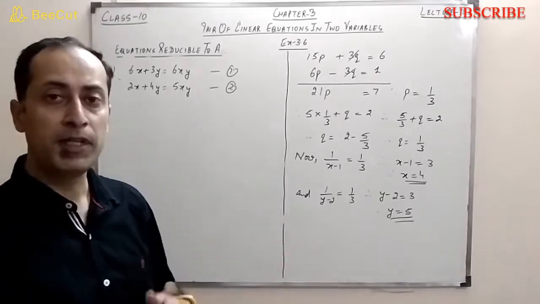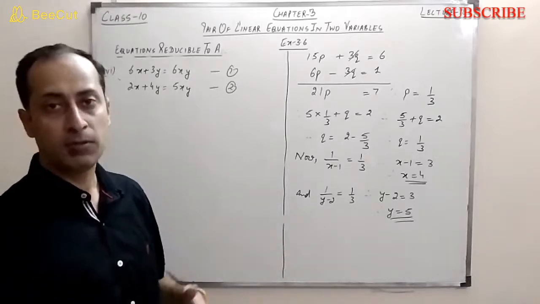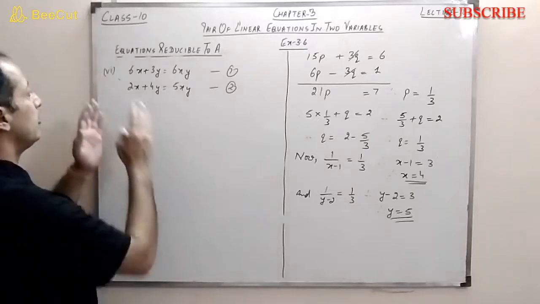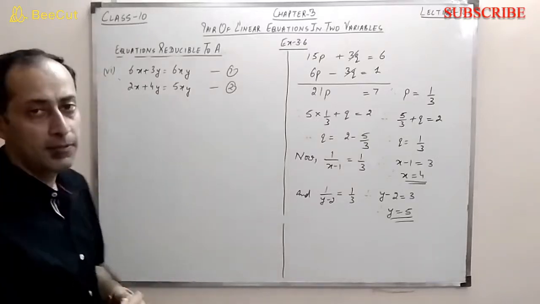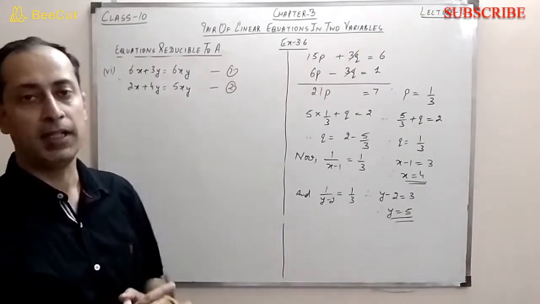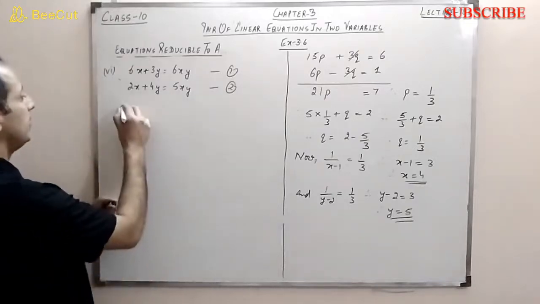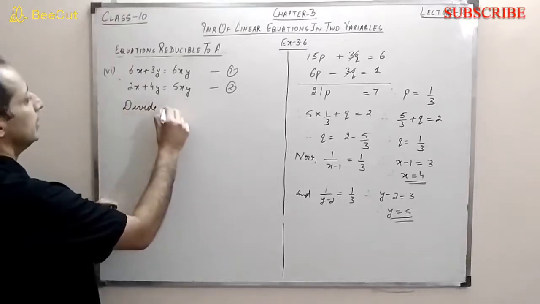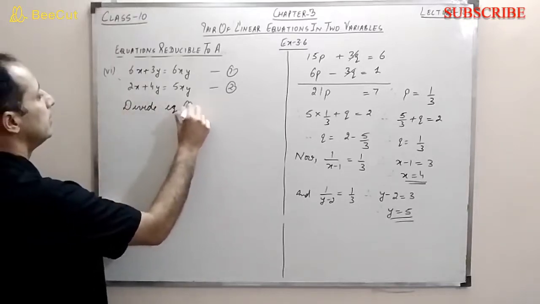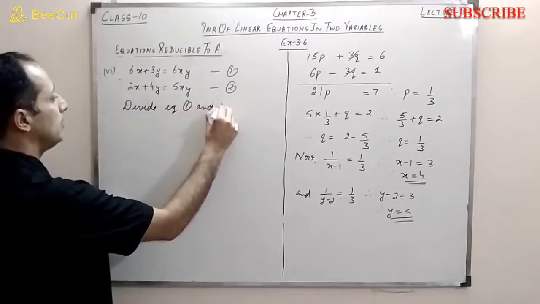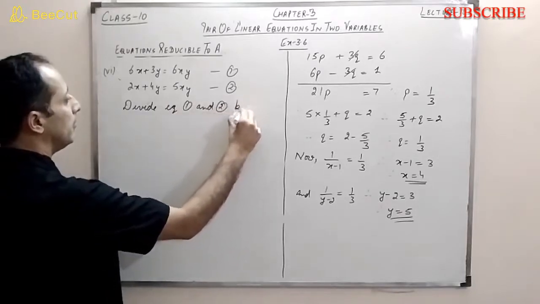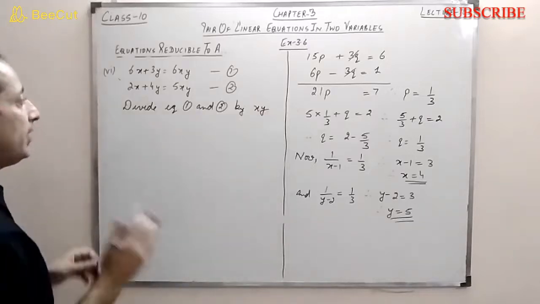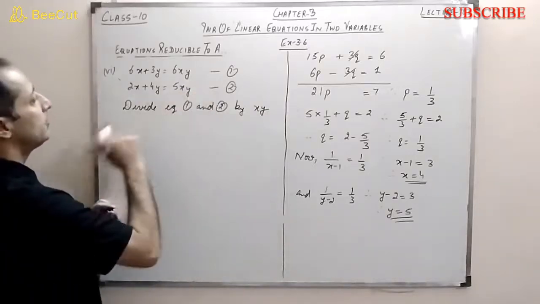But we cannot simplify this quadratic equation the way we require. So what we have to do is transform it. Now how do we transform? Let's see. The first step would be to divide the whole equation by xy. So we divide equations 1 and 2 by xy. Right? So when we divide both sides by xy, what do I get?